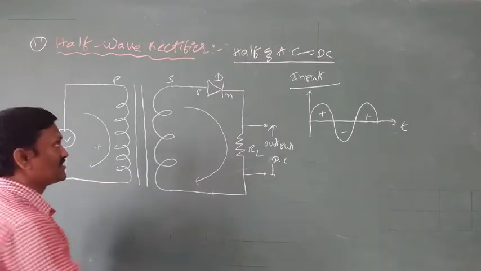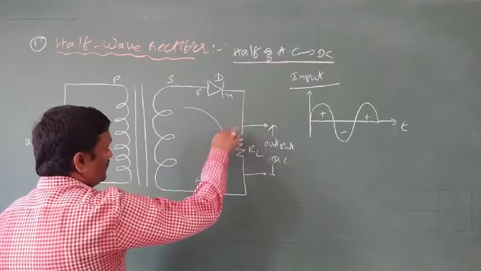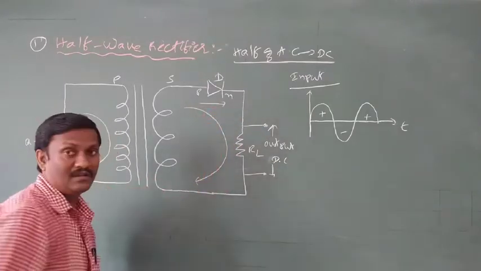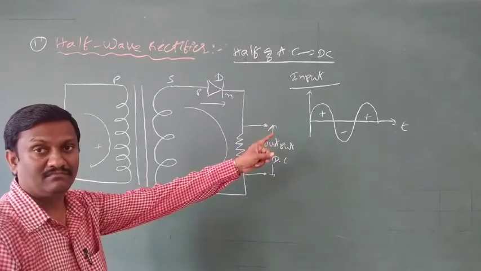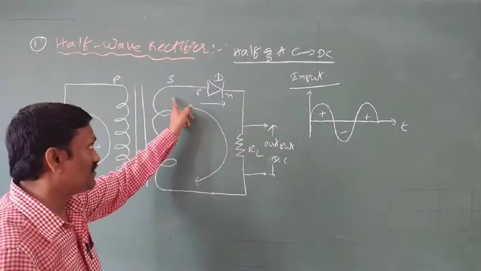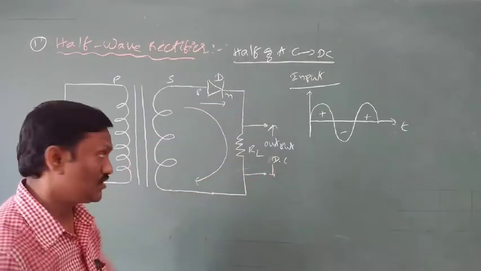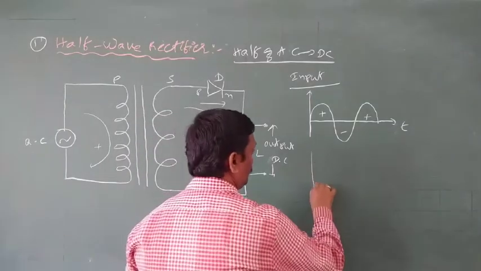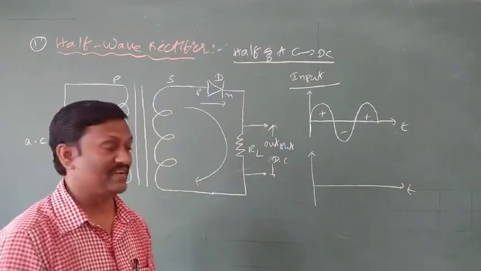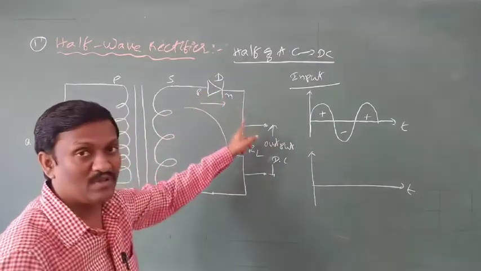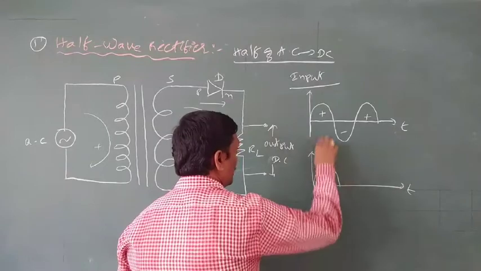Clockwise or positive current always passes through the diode from P region to N region. When current passes through the diode from P region to N region, the diode is acting in forward bias. So for the positive half cycle rectification, the diode is acting in forward bias. Maximum positive current is passing through the diode and appears across RL. So what is the nature of the output signal? During the positive half cycle, the diode is in forward bias and maximum positive current passes through it and appears across RL. So the positive half cycle is converted to DC.